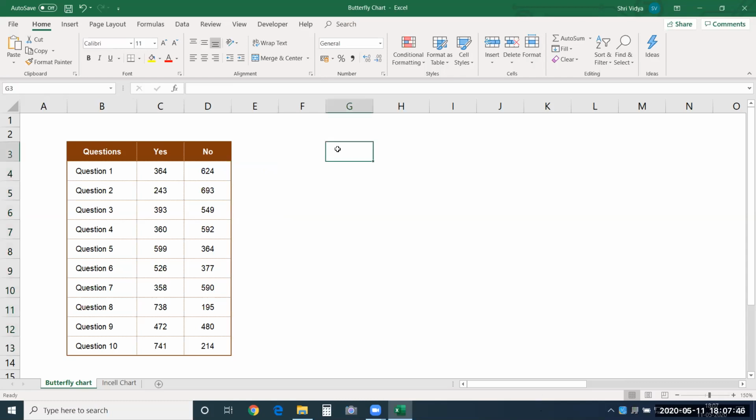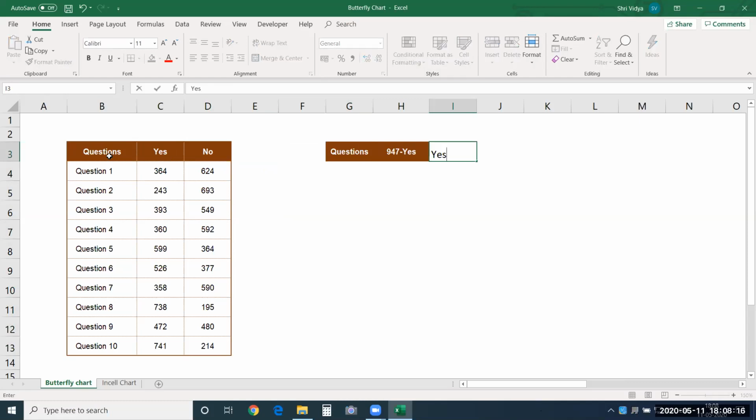I would like to take questions in this column. Let's say questions. So I want to display yes, sorry, 947 minus yes. 947 is the average value of the participants who have answered the questions in the questionnaire.